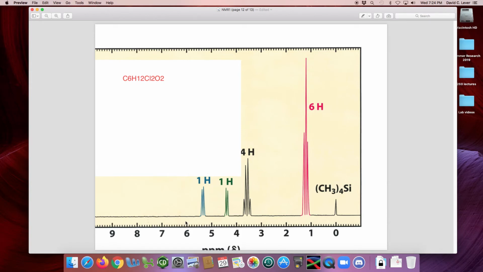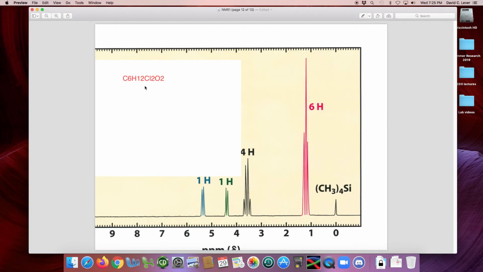There is a peak between 5 and 6. It could be a hydrogen on a carbon-carbon double bond. So we want to find out if there's any unsaturation. A C6 molecule would normally be C 6 times 2 is 12 plus 2 is 14, right? C6H14 would be saturated, CnH2n plus 2. The 2 chlorines are added to the number of hydrogens when we do degrees of unsaturation because they're a 1-for-1 replacement. So C6H14 is what it should be, and